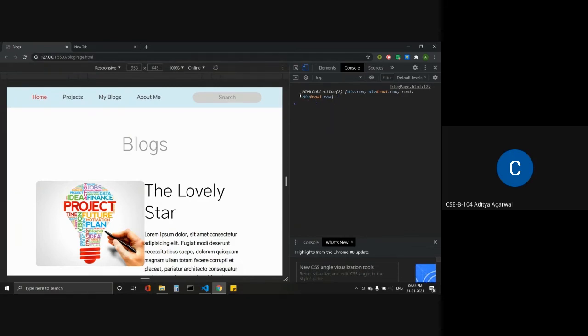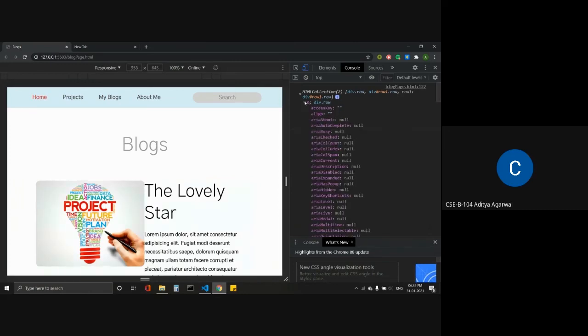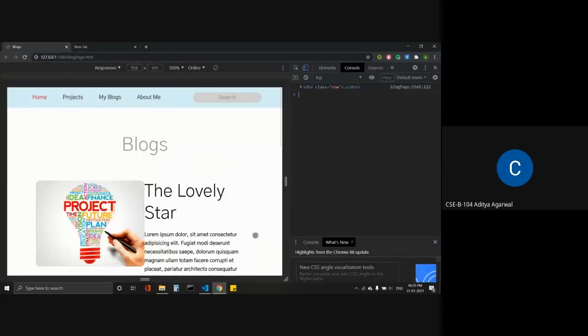So it returned an array of the elements whose class was row. So always remember, if we want to access anything by class name, then it returns an array. For accessing the first element of the array, we can use square brackets, and the first element is always indexed as 0.